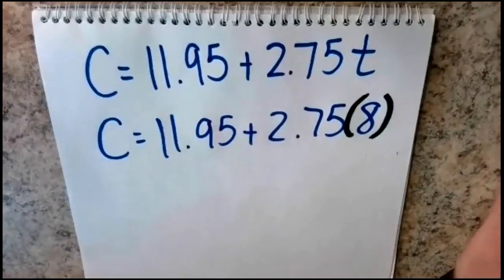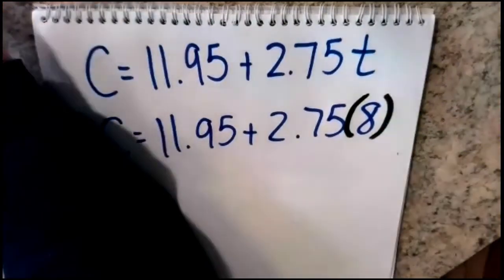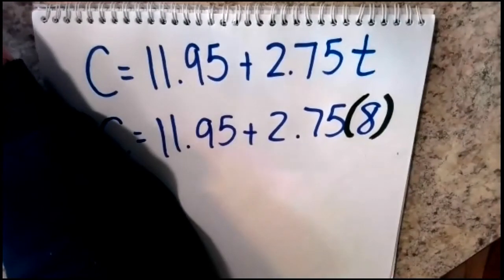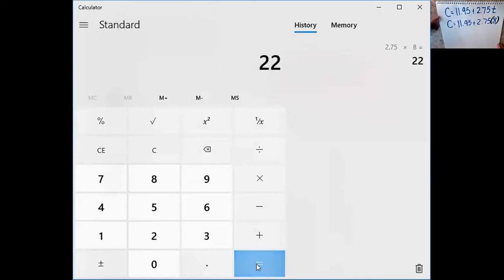Okay, so to figure out how much this pizza is going to cost, we have to multiply 8 times 2.75. So some of you might be able to do that in your head. If not, no big deal. I am going to go grab my calculator app here. I'll share with you. Perfect. So we're going to go 2.75 times 8, and that gives me